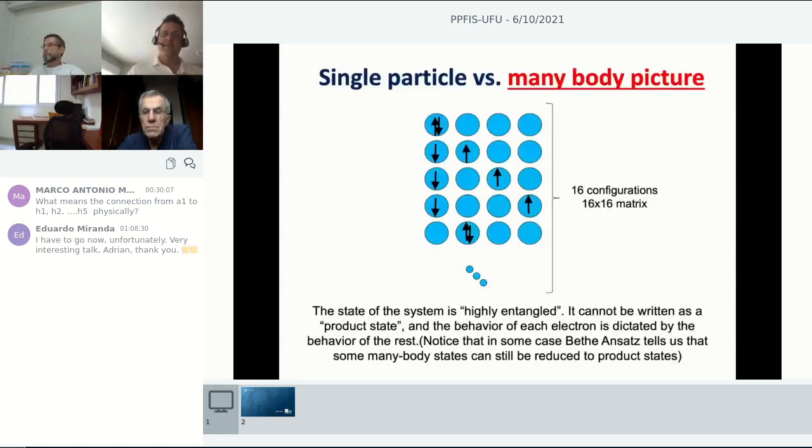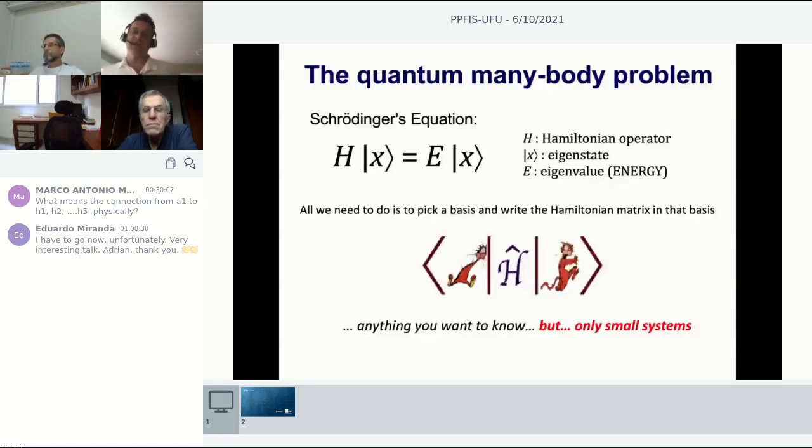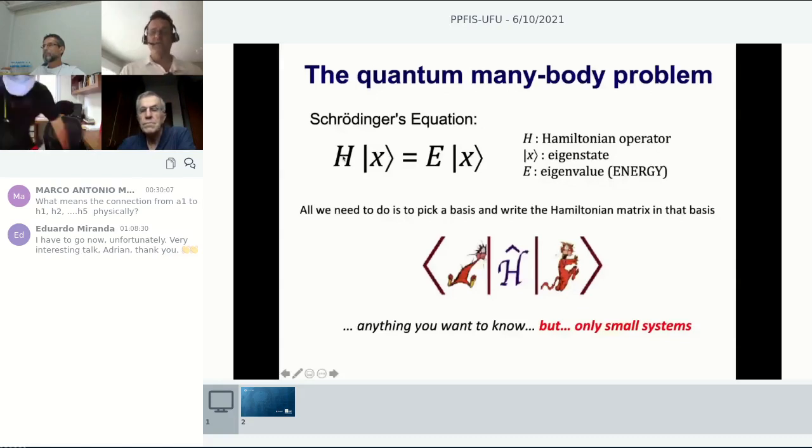And in a nutshell, the many-body problem consists of solving the Schrödinger equation, right, in this many-body particle basis. So we have a Hamiltonian that contains all the interaction terms. We have a basis of states, and all we have to do is solve this eigenvalue problem, and we can do it easily if we could write the Hamiltonian and all the matrix terms by calculating these matrix elements and plugging this equation into an eigenvalue solver and get all the eigenvalues and eigenvectors, and we know all the physics